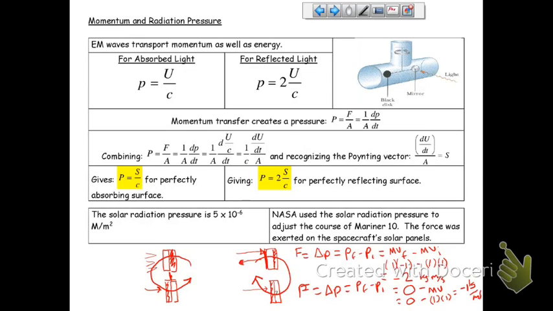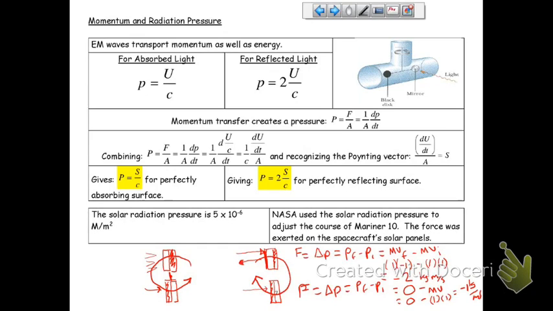In fact, they used this when they were on one of the early space shots. The Mariner or something was not on the right trajectory. They needed to turn it slightly. And so they had the two solar cells, and they made one solar cell's plane parallel to the rays of the sun, and they turned the other solar cell into the plane of the sun, and they got a turning effect. It took a while, but they got a turning effect. So you can use it.